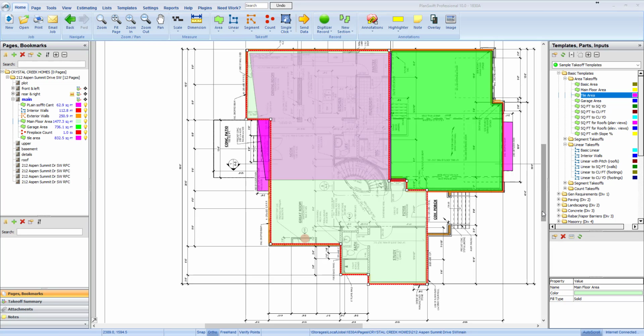This short video describes the integration from the PlanSwift takeoff and estimating software with the Precision Builder Smart Assembly capabilities. Within the PlanSwift takeoff tool, you have the ability to create various templates that are used for takeoff purposes, some